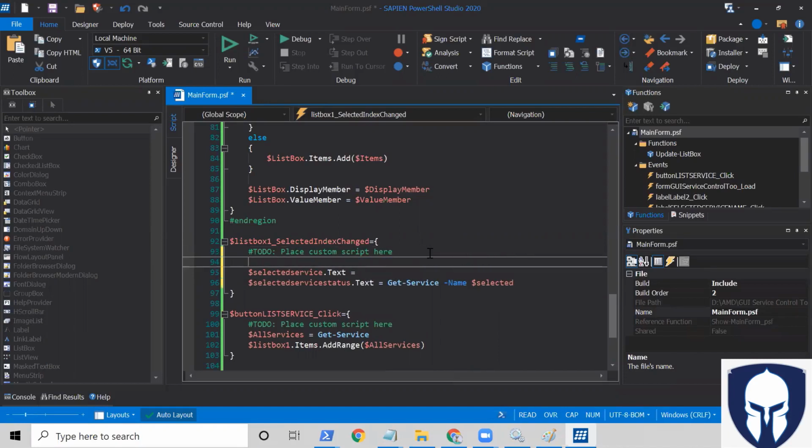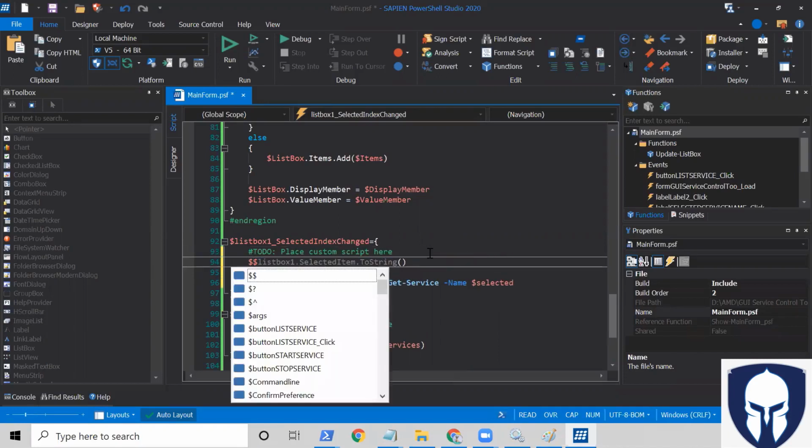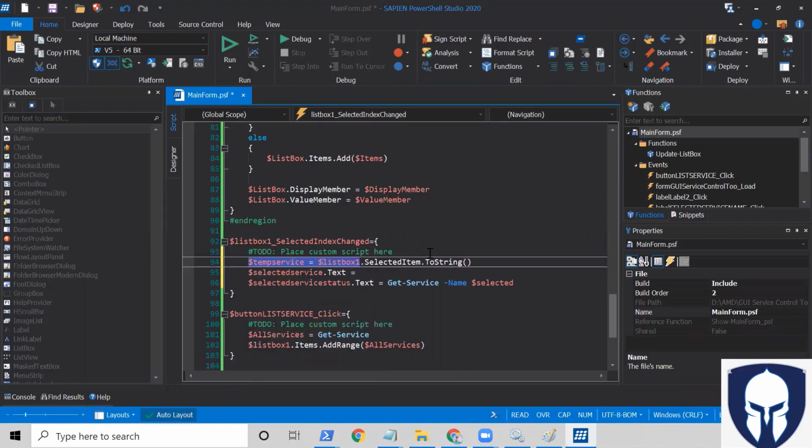I'm going to assign it to a variable. I'm going to call it temp service, meaning that is the service selected. And that I'm going to assign here. And what I'm going to do is use that temp service here as well. Get service, that particular temp service, and let us say